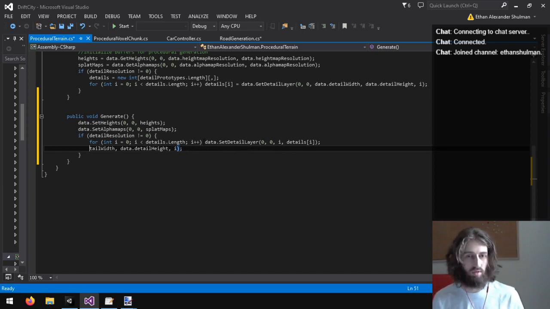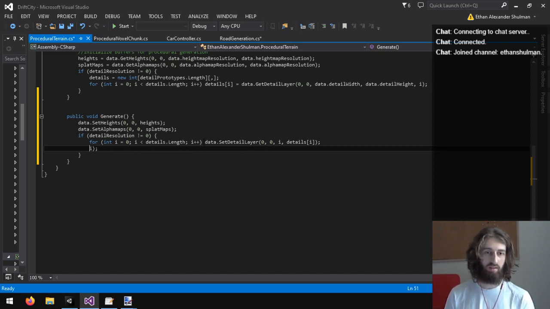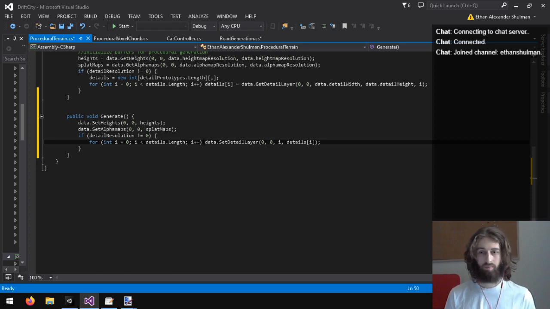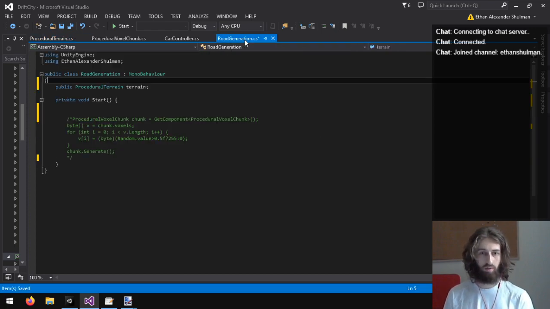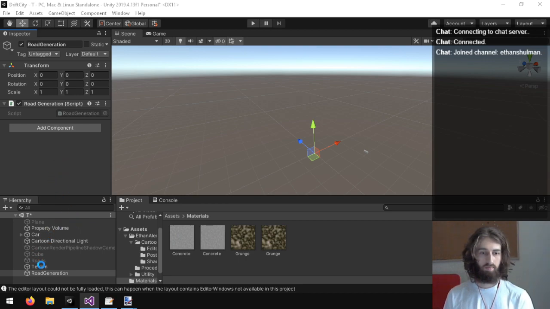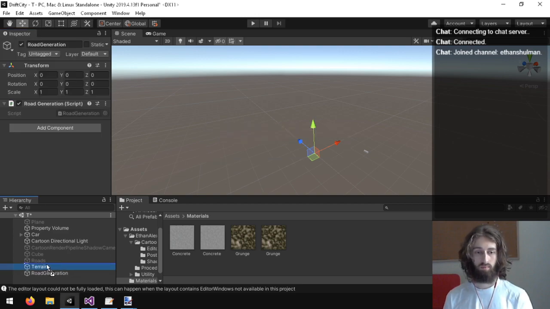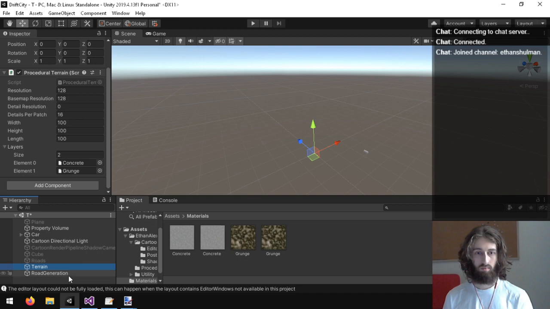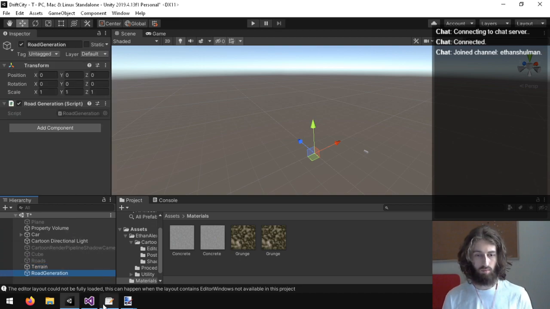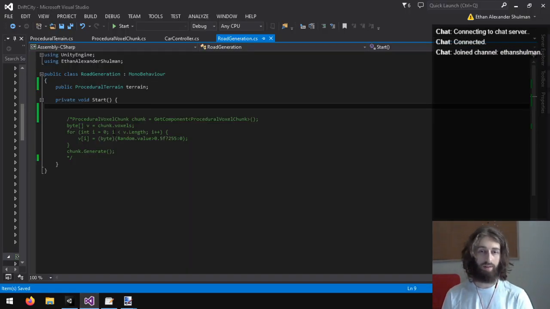Nice, okay. So now I should just be able to call that when I want to actually generate it. That's weird, it didn't... Oh, I didn't save.